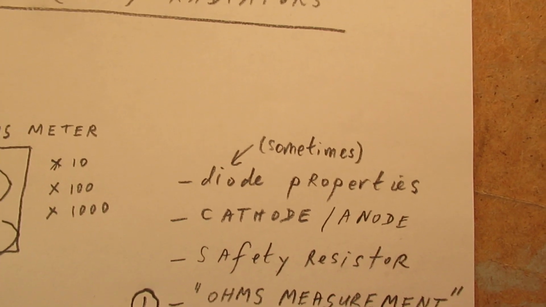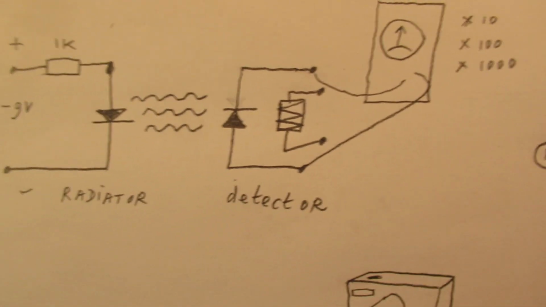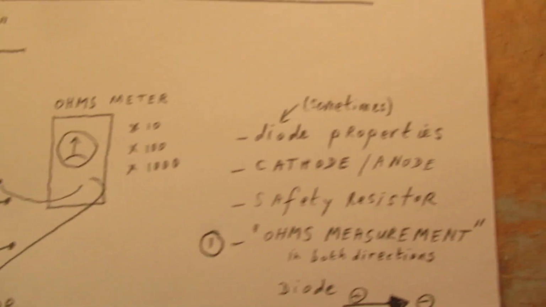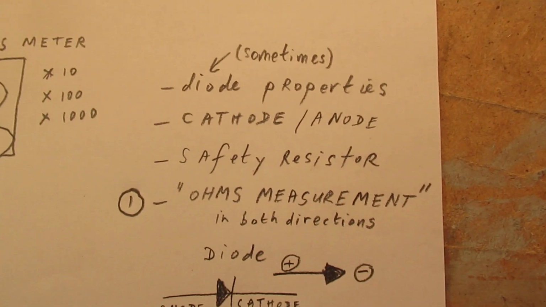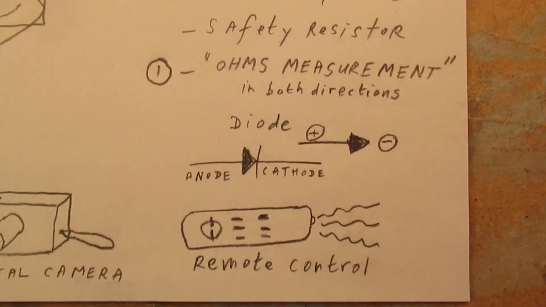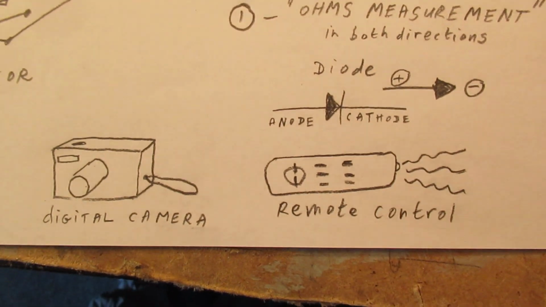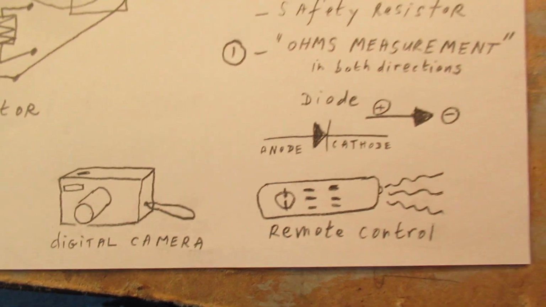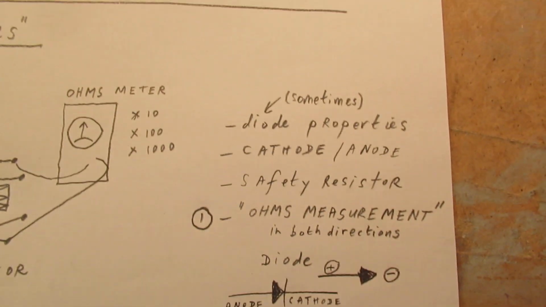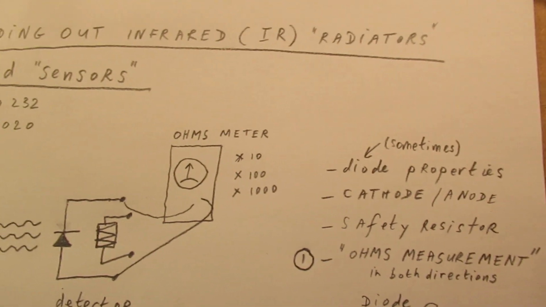It has kind of diode properties, both the radiator and the detector. So here are all the attributes that you need to do these tests. Anyway,